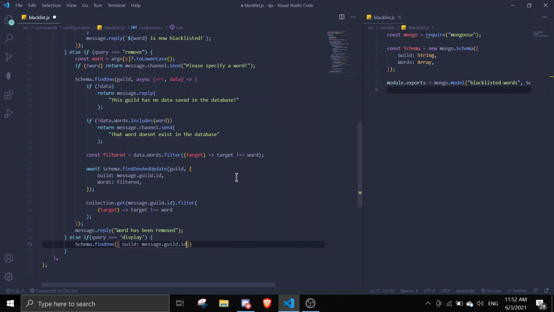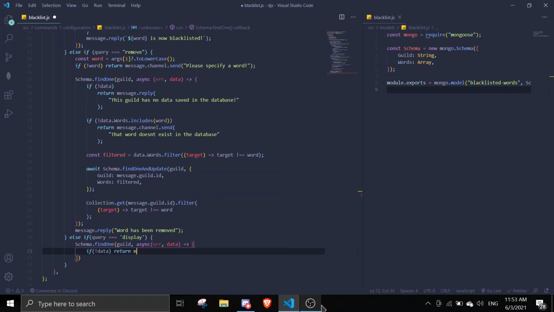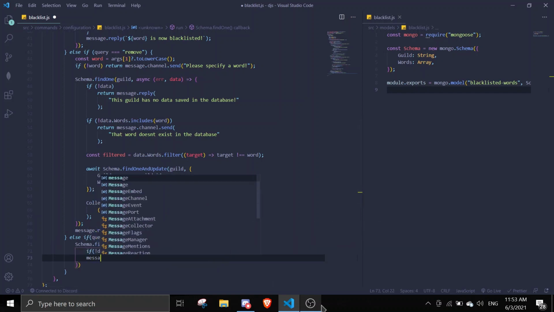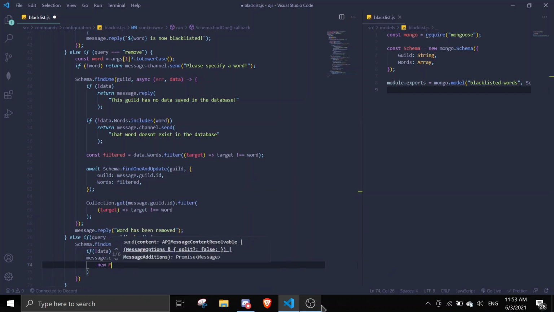Actually, we can just search for guild again. Async (err, data), and then we can just do if there's no data, return message.reply, "There is no data." Okay, so if there is data, we're just gonna say message.channel.send